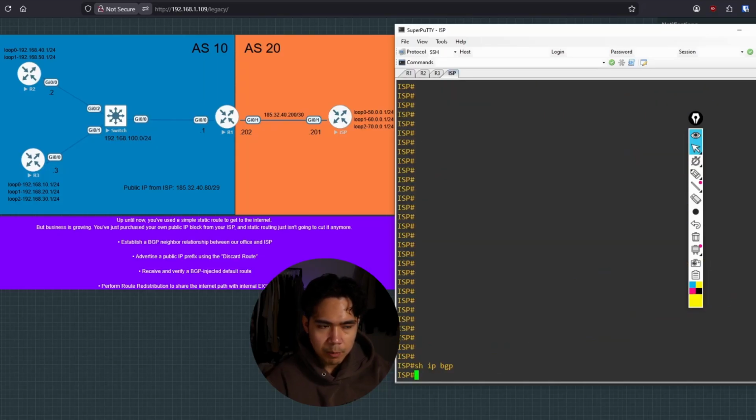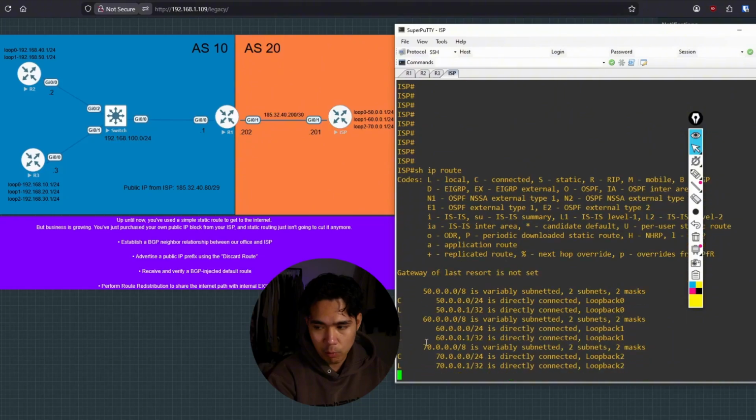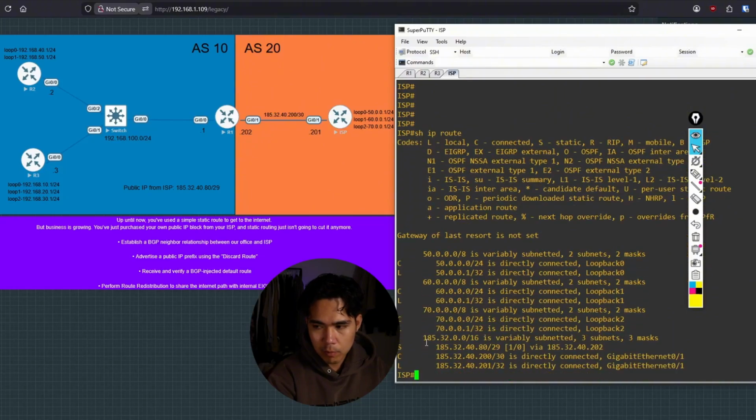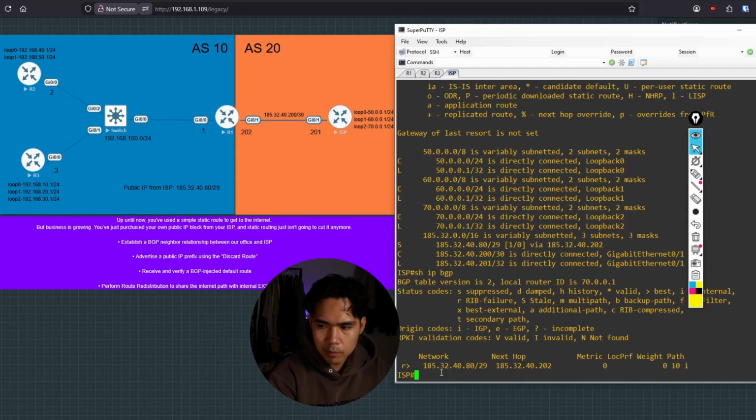We'll go to the ISP router. Now we are on the ISP router. If we do a show IP route, has it received the BGP advertisement from our R1? We can only see a static route. If we do show IP BGP,